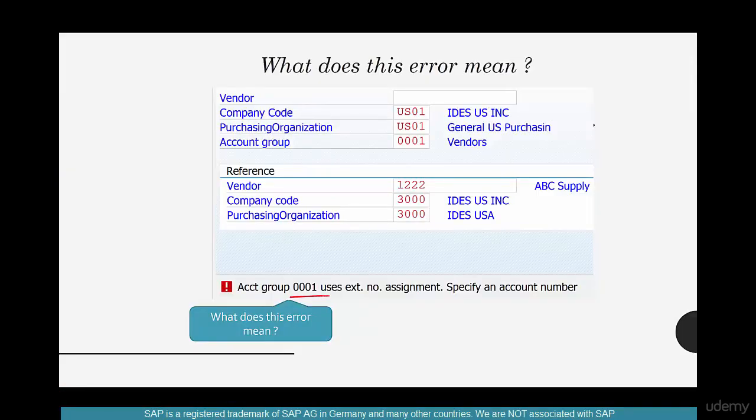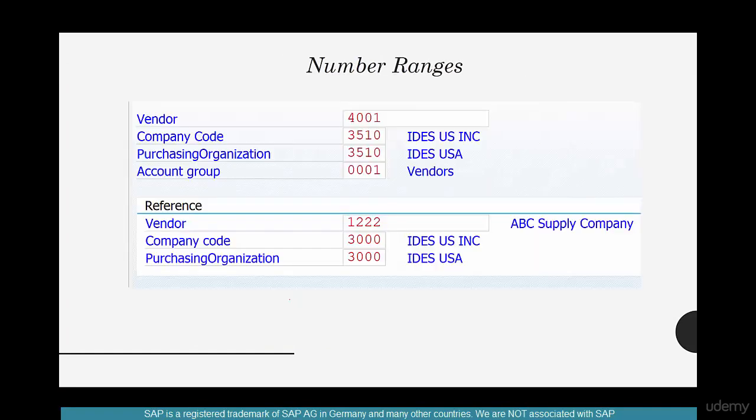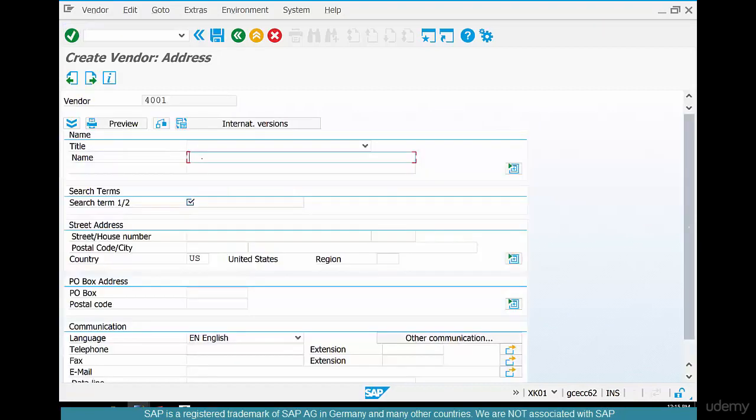There's something called number ranges. What's a number range? A number range represents a range of numbers that can be assigned to an object, in this case, vendor. We're going to explore more on number ranges later, but for now, it's asking you to assign a number to it. So just say 4001 or 4002 or 5001, any unique number. I'm going to put in 4001, hit enter again, and then give the vendor name ABC Supply Company,